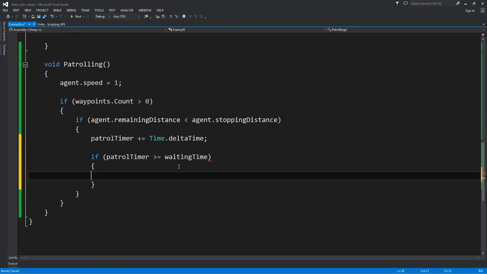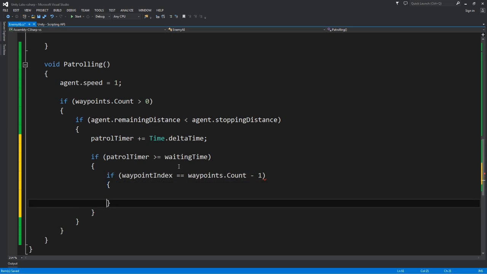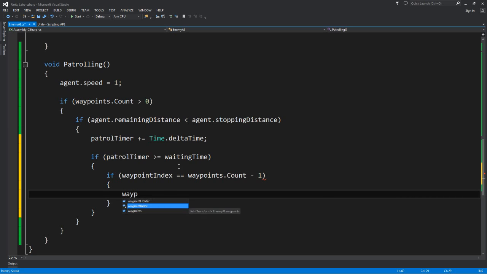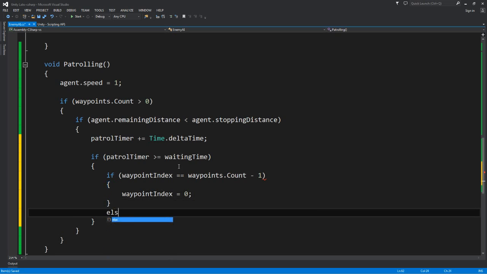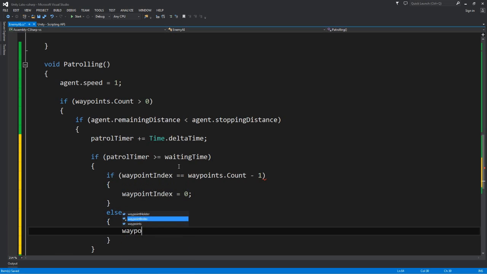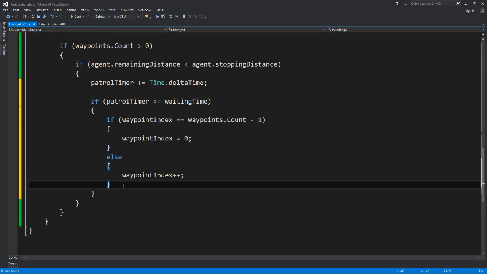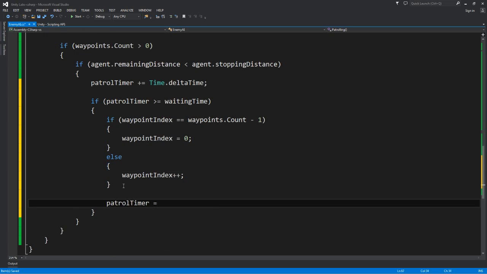So if the patrol timer is higher than the waiting time, which for now is 4 seconds, we will say: if the waypoint index equals the waypoints.Count - 1, then the waypoint index will be 0, else add to the waypoint index. Reset the patrol timer,